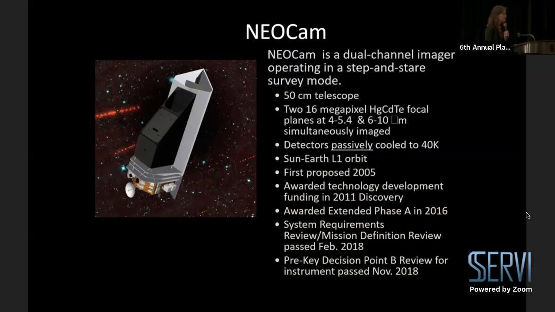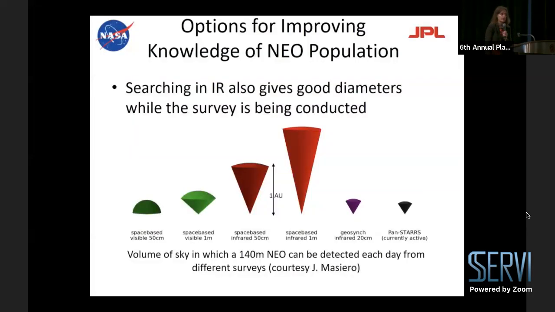And we're waiting for direction from NASA to proceed to Phase B with the actual KDPB review itself. So I'll just say here a little bit more about the design choices. We looked at lots of different options, and we've looked at many different design trades over the years. We've looked at visible, we've looked at infrared, large apertures, small apertures, co-hosted payloads, all these things. But at the end of the day, the configuration that seems to be the best balance between technological complexity and cost and capability is right around here.